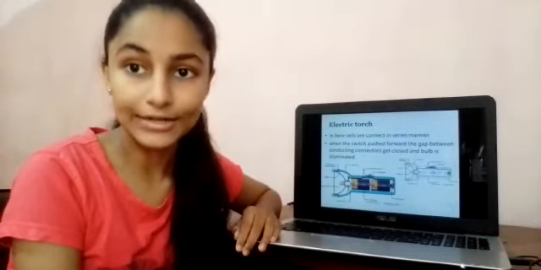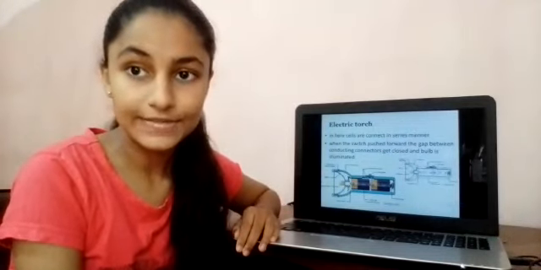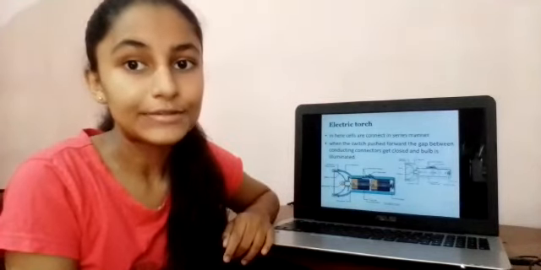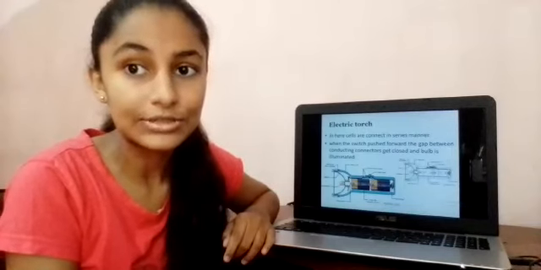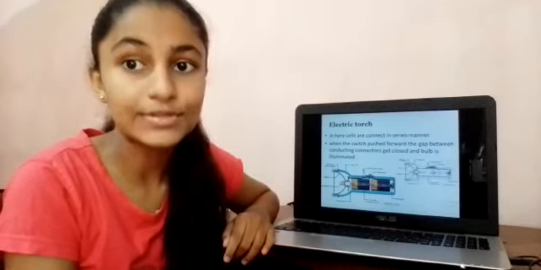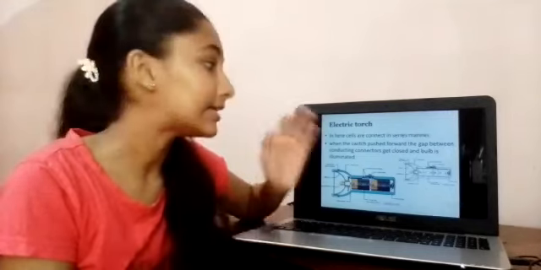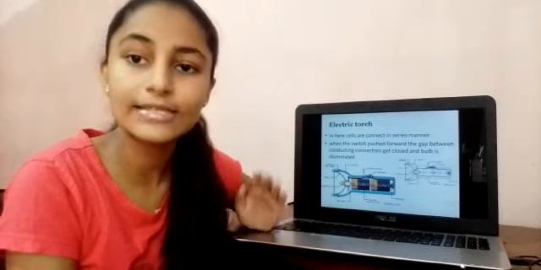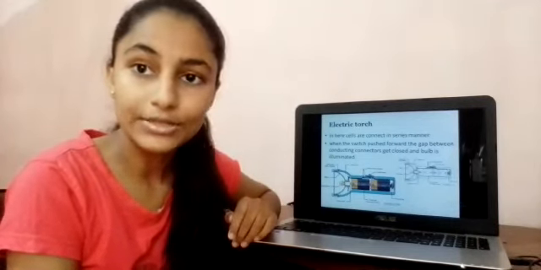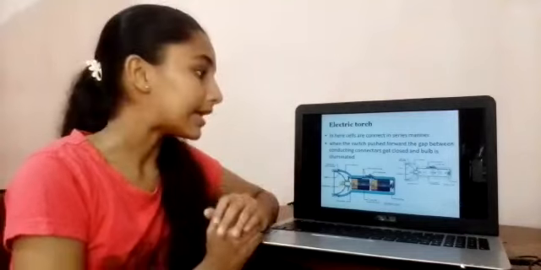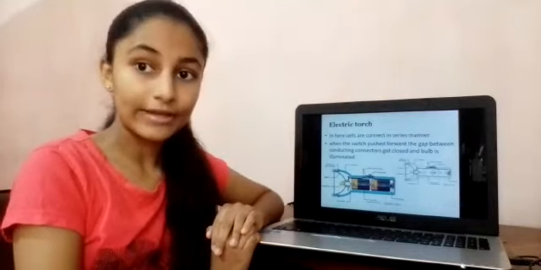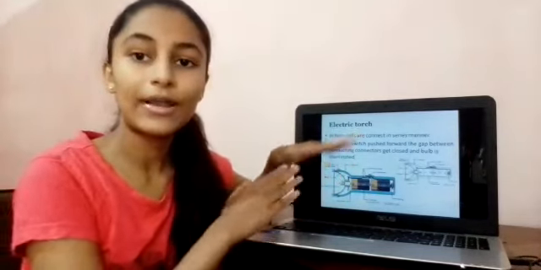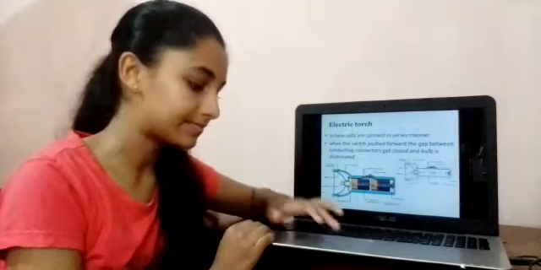Now I'm going to talk about the electric torch. The electric torch consists of dry cells. The dry cells are arranged in series manner. The dry cells contain chemical energy. The chemical energy helps to produce electricity. In the electric torch, when the switch is pushed forward, the gap between the conducting connectors is closed and the bulb will illuminate. The parts of the electric torch are the bulb, reflector, dry cells arranged in series manner, metal spring, and switch, and all are covered within a plastic cover.